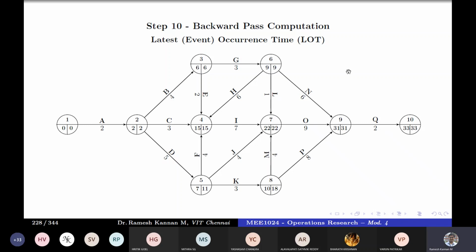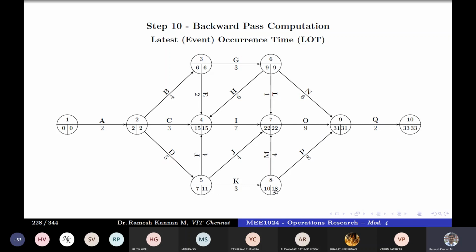Before we go to activity times, let's define what these event times represent. If you take a look at this, event 1 has 0 and 0, 2 is 2 and 2, 3 is 6 and 6, 6 is 9 and 9, 4 is 15 and 15, 7 is 22 and 22, 9 is 31 and 31, and 10 is 33 and 33.